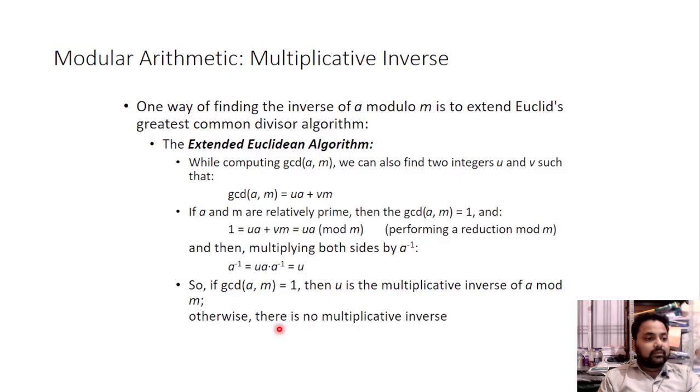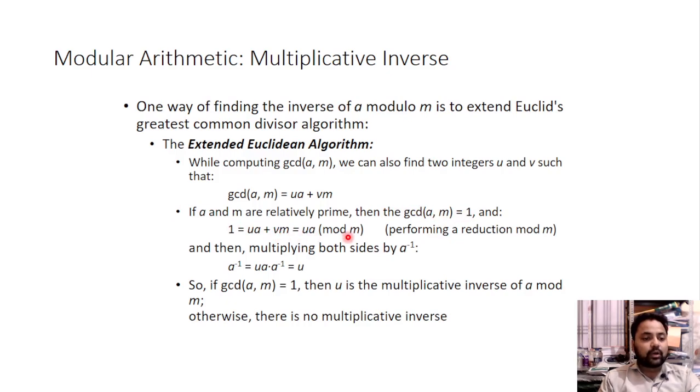For the multiplicative inverse, one way of finding the inverse of A modulo M is to extend Euclid's greatest common divisor algorithm. With the extended Euclidean algorithm, while computing GCD(A, M), we can also find two integers u and v such that GCD(A, M) equals uA plus vM. If A and M are relatively prime, then GCD(A, M) equals 1, and 1 equals uA plus vM